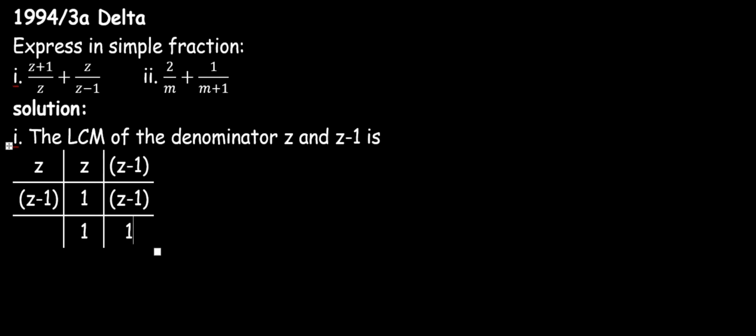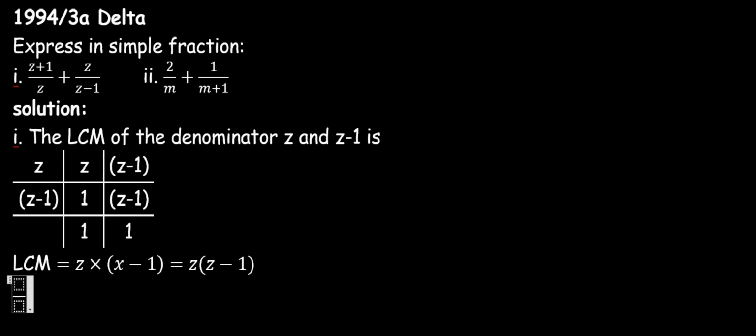Because z minus 1 divided by 1 will bring the 1 down. z minus 1 divided by z minus 1 will now give 1. So our LCM will be z times (z minus 1) in brackets. Hence our given problem, which is (z plus 1) divided by z plus z divided by (z minus 1), will